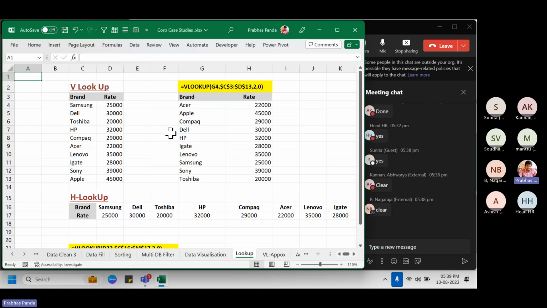All right, so can I take that everyone is clear with VLOOKUP and HLOOKUP? Fine. So now